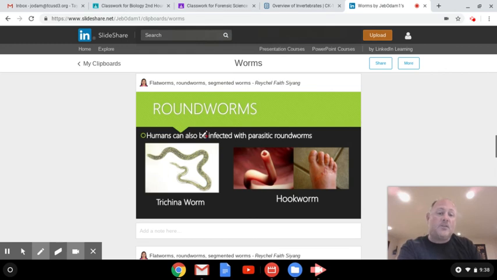Okay, humans can also have parasitic roundworms, trichina. If you eat pork that's not cooked properly, these little worms can live in that pork. You eat it, it will eventually burrow itself into your muscles and form little cysts in your muscles. And not just one of them, you'll have thousands of these little cyst-like structures. You've got to take medicine to burst the cysts, and then your body will kill the worms. You've got worms like this that can get into your eyeball and live inside the vitreous fluid of your eye. It's very disgusting.